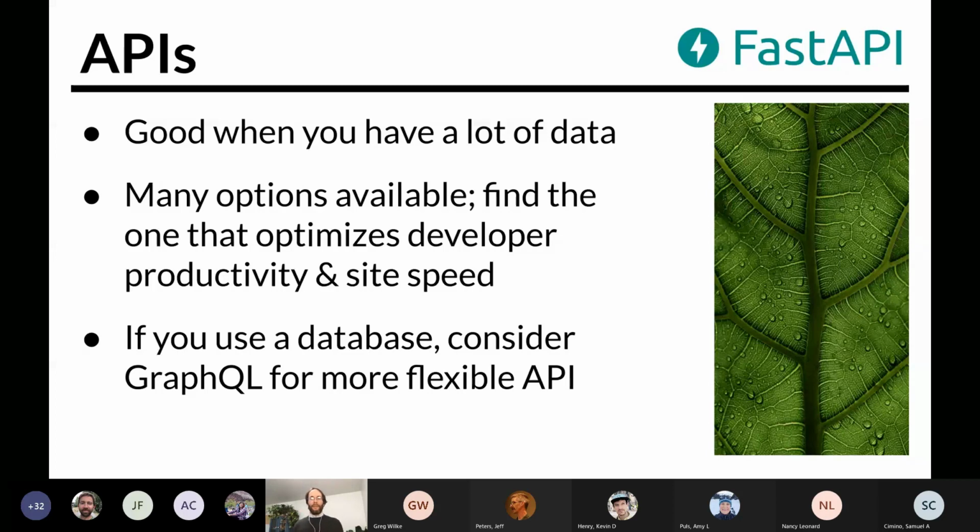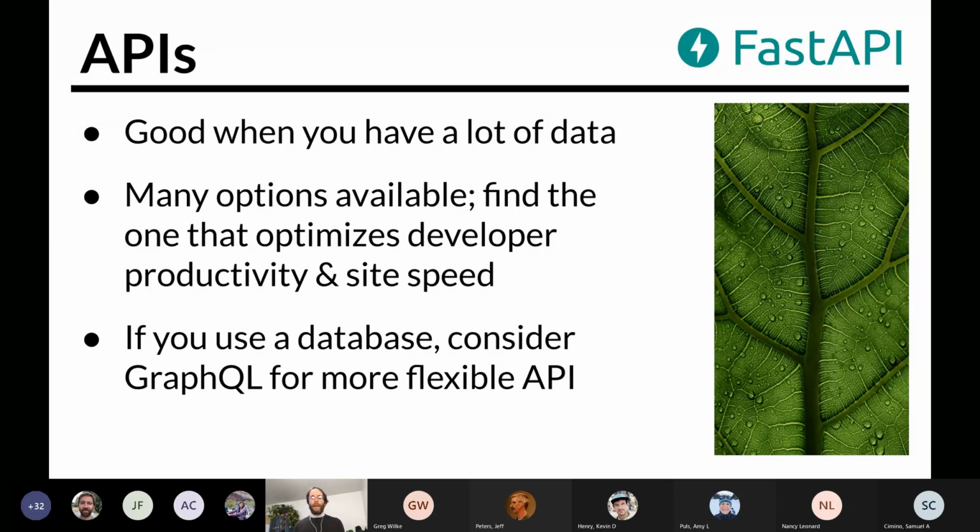Sometimes you need more data or functionality than you can bake into a simple front-end application or in the map tiles. And in this case, I bring in an API tier. There are a lot of different ways of building out an API, and how you do it should be tailored to your operating environment, the specific needs of your app, and developer productivity.